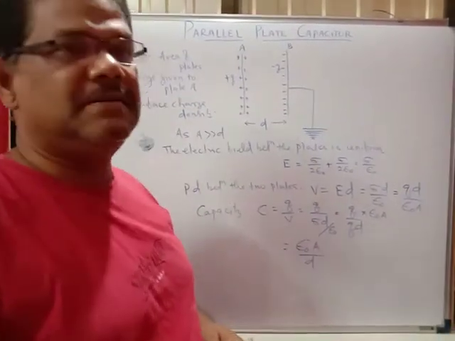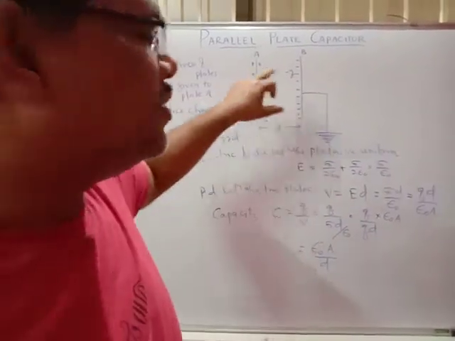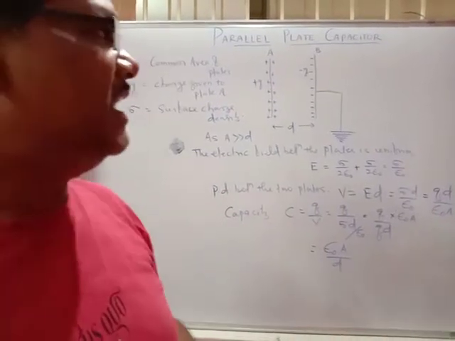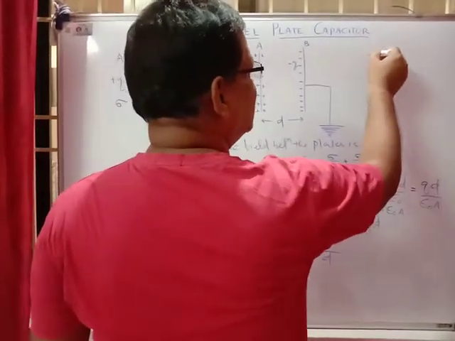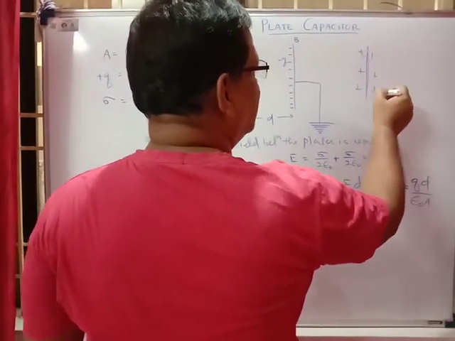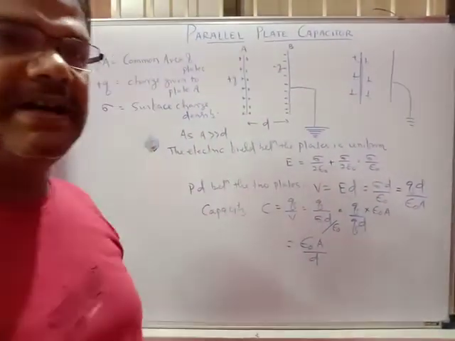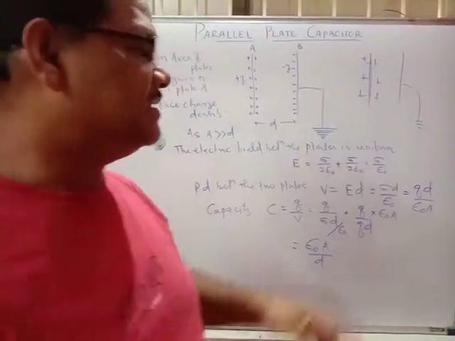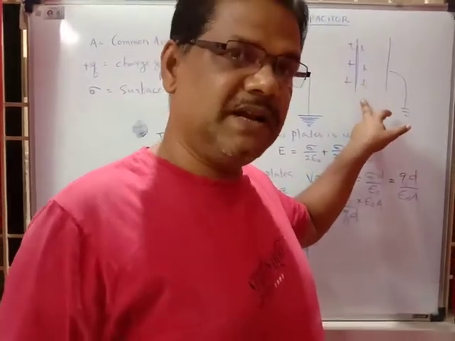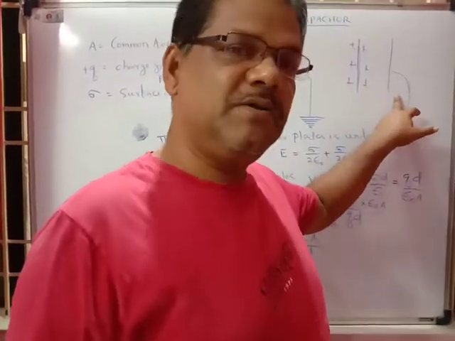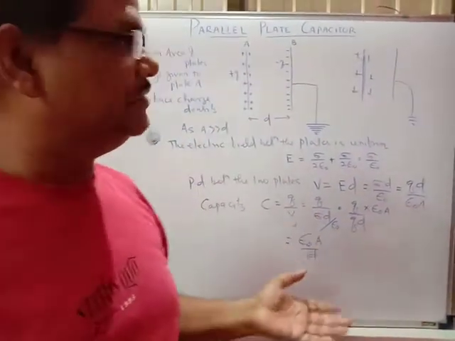I already told you the principle of a capacitor: one plate should be the charged one, and another should be the earthed one. Suppose the first plate is the charged one and the other is earthed. Either it will be earthed, or if the capacitor is connected to a battery or cell, the first plate will be connected to the positive terminal and the second plate will be connected to the negative terminal, or it will be earthed, or grounded.